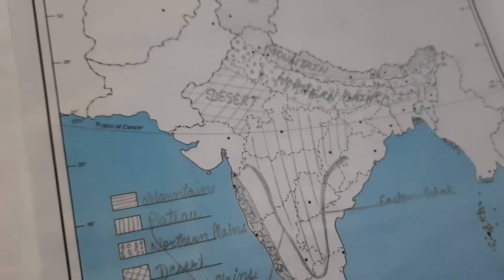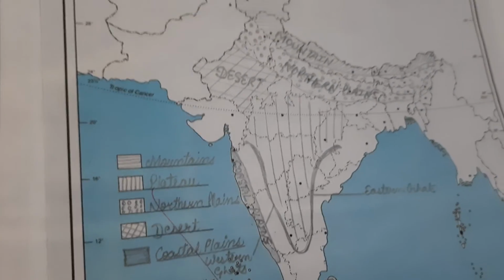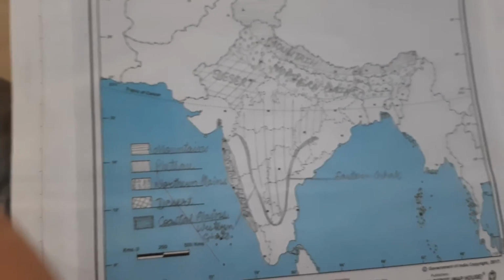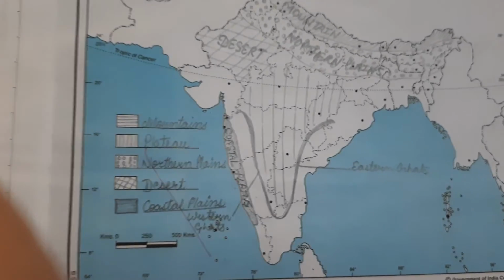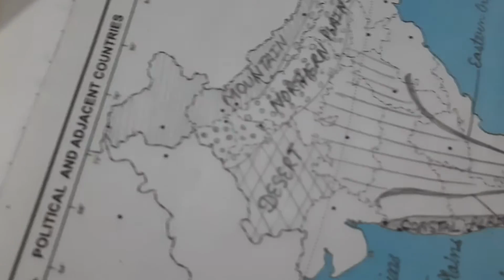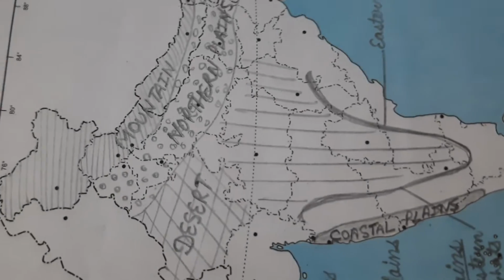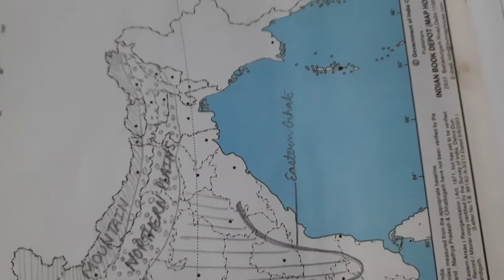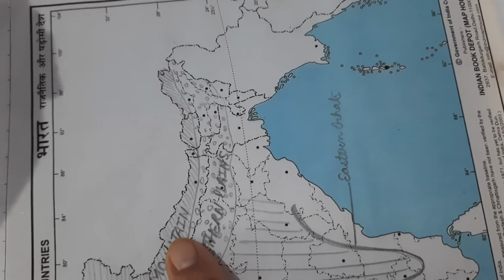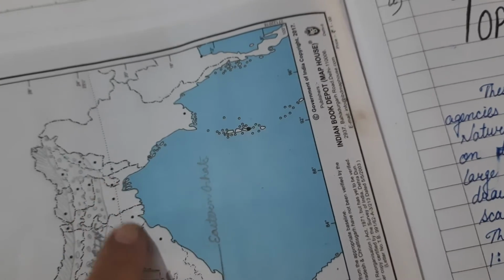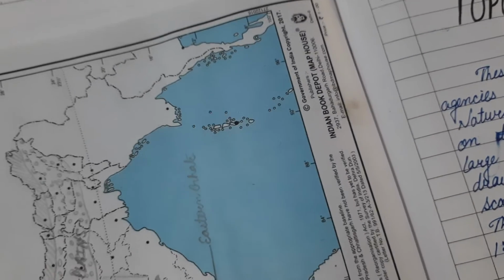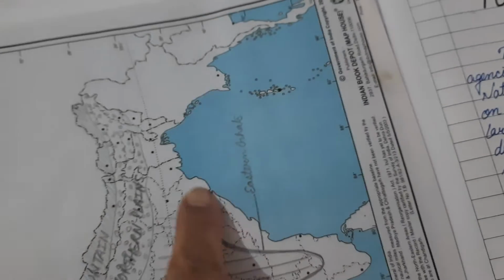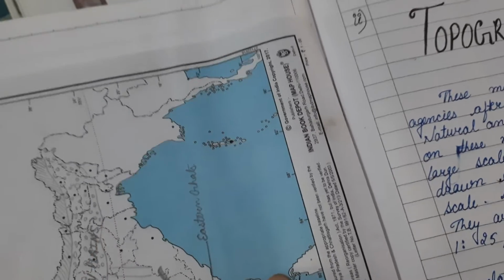Like I have tried to show this map with different types of physical features of India, just for symbolic purposes, like what type of topography you may find over there. Here you have 5 types of Indian physical divisions. I have tried to show desert, northern mountains, this much area, and this is the eastern Ghats and this is the western Ghats. These are the plains. The outer line shows the coastal plains, eastern and western.